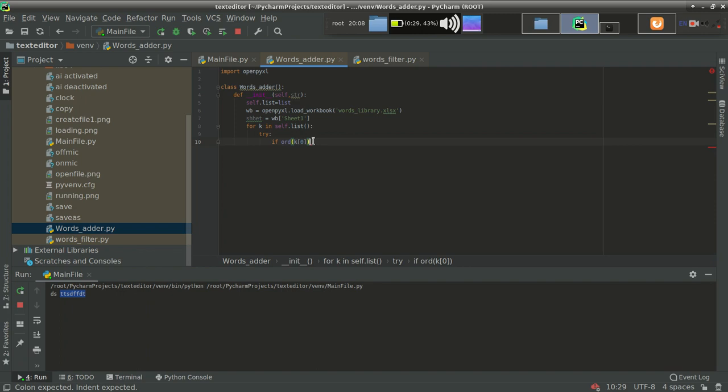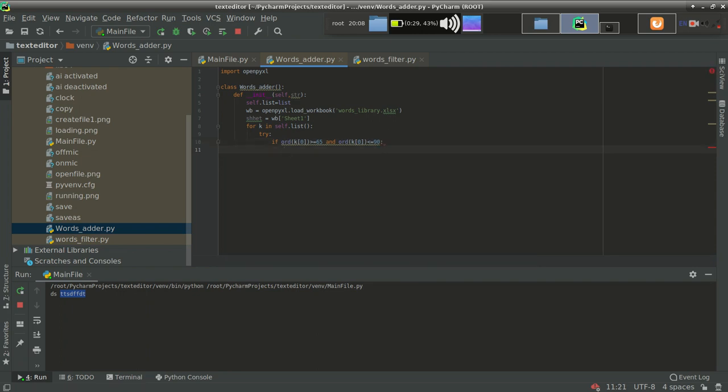It is checking if it is greater than or equal to 65, and ord of k[0] is smaller than or equal to 90, means it is verifying whether the words start with capital letters or not. It is simply checking that condition. So it is checking for capital letters.